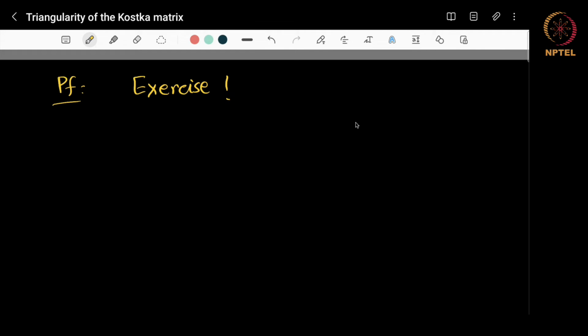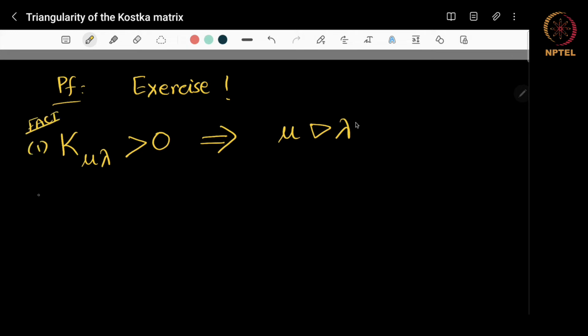Of course, all this definition of dominance and so on was inspired or motivated by our study of K mu lambda, the Kostka number. So recall also that if the Kostka number is positive, then what we observed was that mu had to dominate lambda. Okay, so this is another nice, important fact. And here's an additional